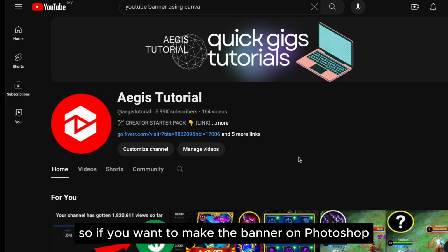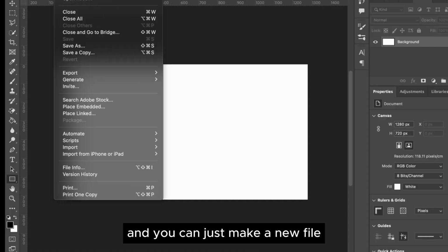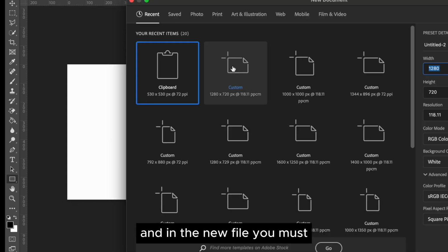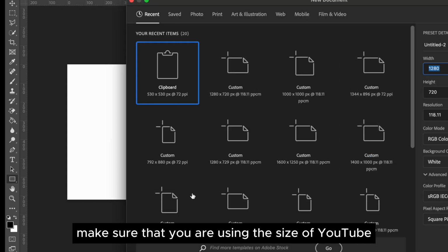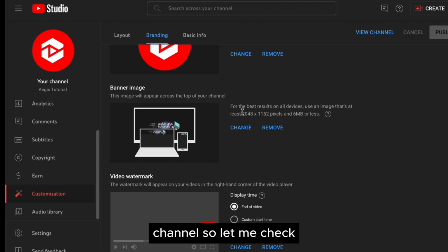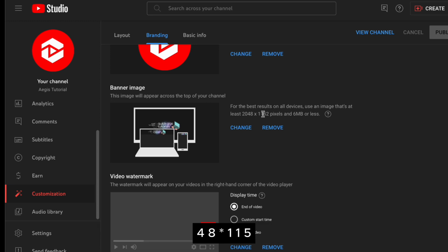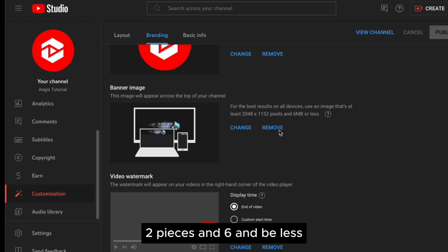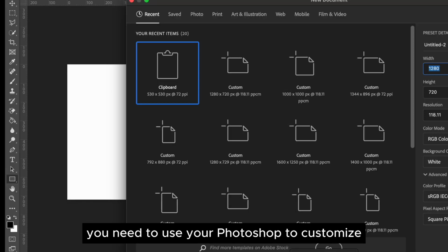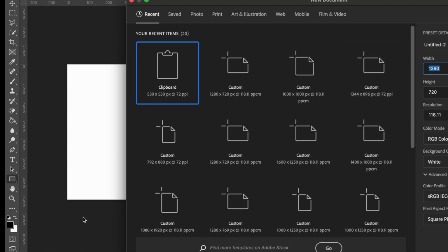So if you want to make the banner on Photoshop, yes, you can do it. You can just make a new file, and in the new file you must make sure that you are using the size of a YouTube banner. So let me check. Your image must be at least 2048 by 1152 pixels and 6 MB or less. So basically you need to use Photoshop to customize the specific pixel size before you start. But